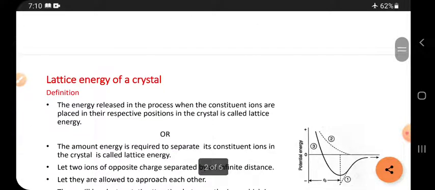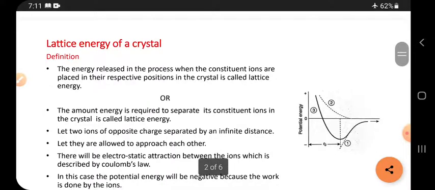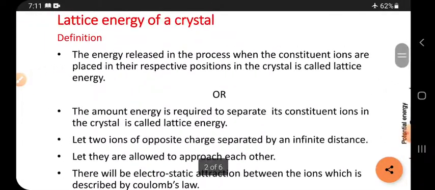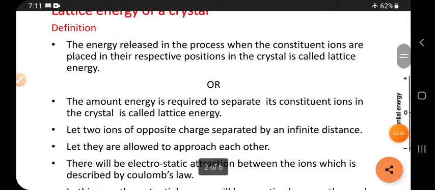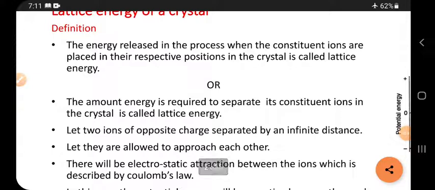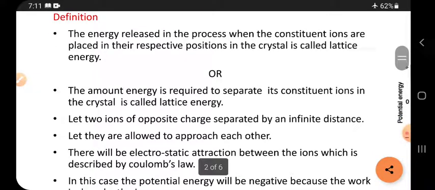So today's topic is lattice energy of a crystal. There are two definitions for the lattice energy of a crystal. The first definition is the energy released in the process when the constituent ions are placed in their respective positions in the crystal is called lattice energy. So the energy is released when ions are kept